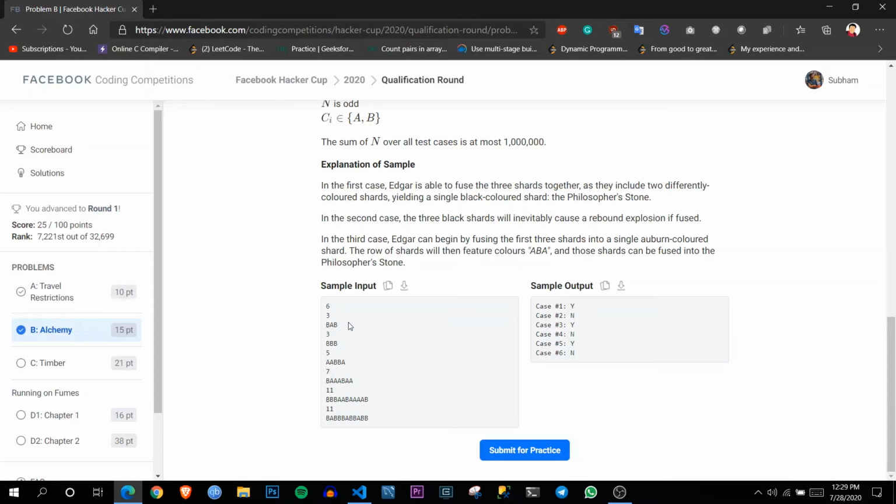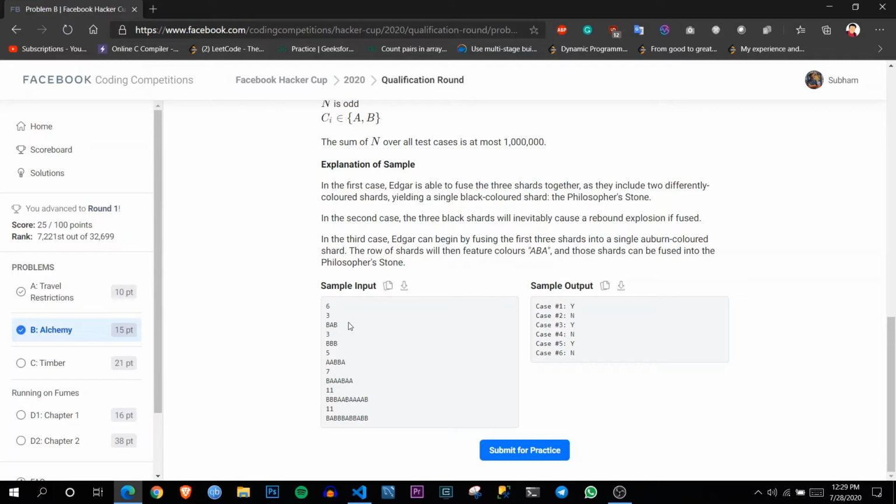Another catch over here is that we can only combine them into one element if a is appearing twice and b once, or b is appearing twice and a once. Basically, the absolute difference between the counts of a and b should be one.